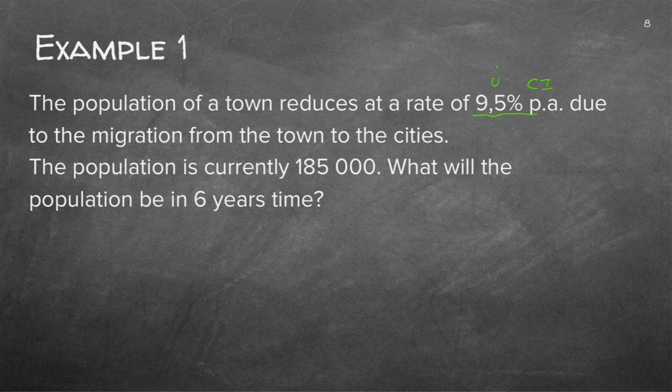So I'm going to just write the compound interest so that you know which formula to use. What is the population currently? Now at the present, the population is 185. What will it be in 6 years' time? There's your N. Let's check. 1, 2, 3. The minute I can tick 3 things given, I know there's a 4th thing that is unknown. Even if I don't read the question, what is the only unknown? The A is unknown. Let's just check if it's true. What will the population be in 6 years' time? In the future, at the end? A. Good.